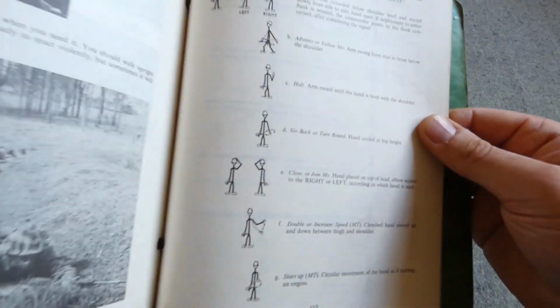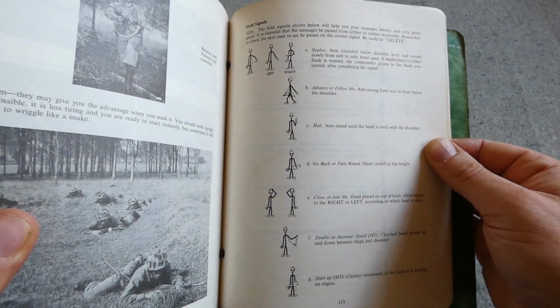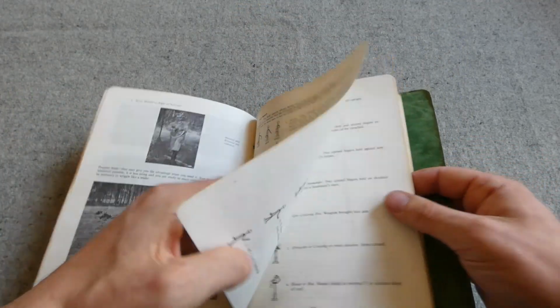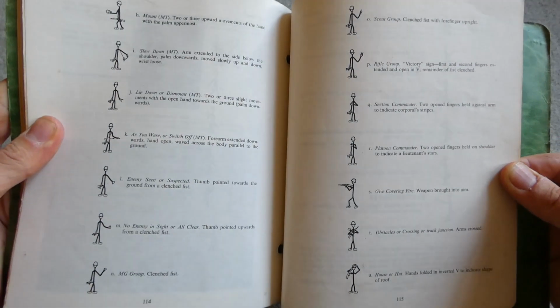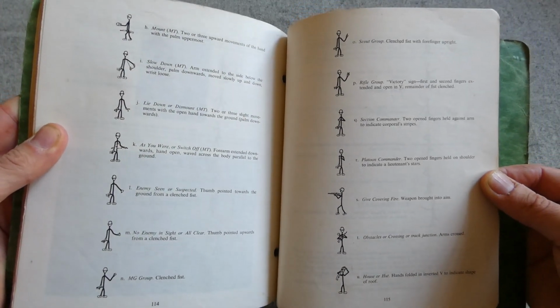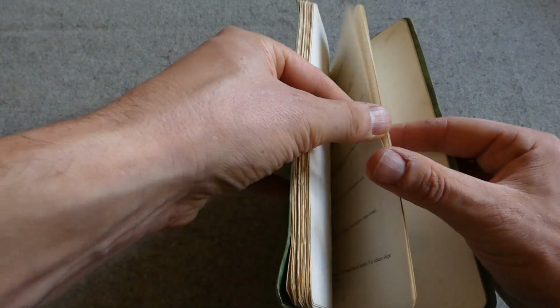And then we have field hand signals, which is quite a useful thing, again, I would say, from a reenacting point of view. So cover these pages in full. Hopefully again you can pause here and take a closer look at these if you wish to. We're already nearly 10 minutes into this section of filming just looking at the book. So